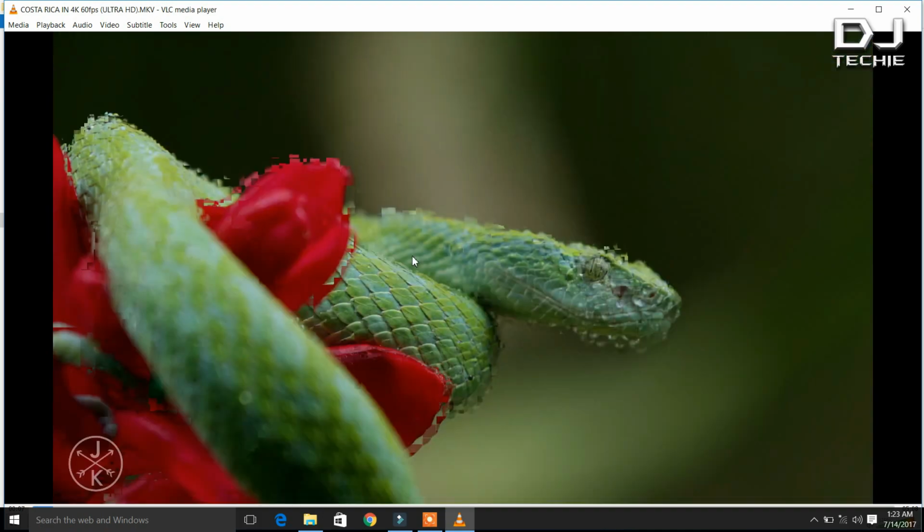The 4K video is not playing on this laptop. As you can see, there is a lot of lag going on the screen and the pixels are very much disturbed, so it's not able to play the 4K video.